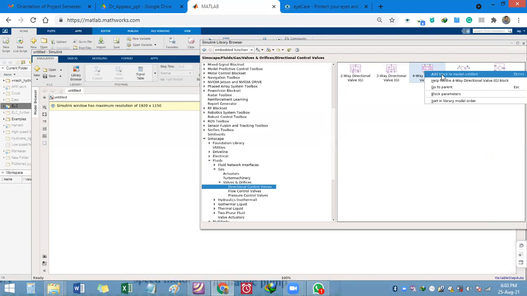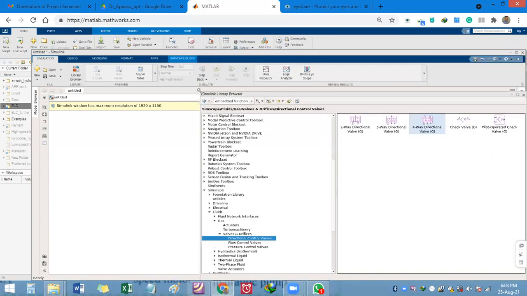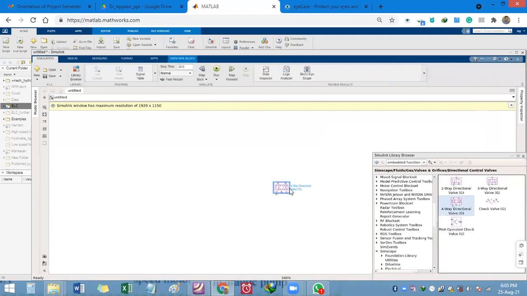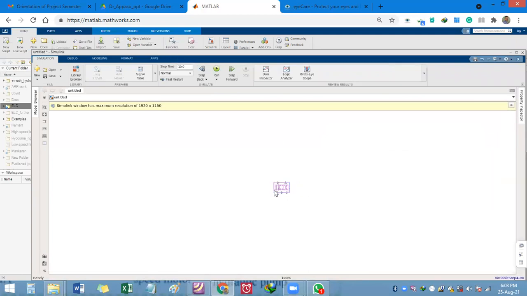Select this option, and we will see that this DCV is now appearing here. If you want to maximize it, to increase its size, you can just pull it from one corner, and you will see that the size of the block is now somewhat bigger. Similarly, you can find all the blocks from the Simulink browser.